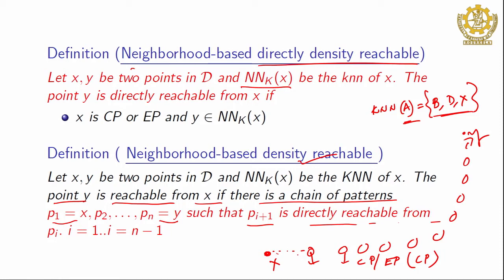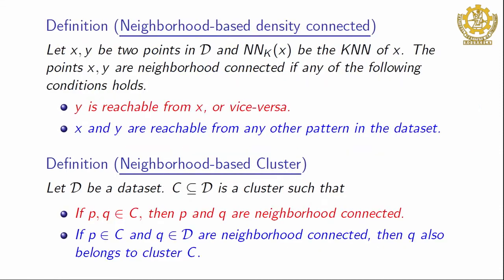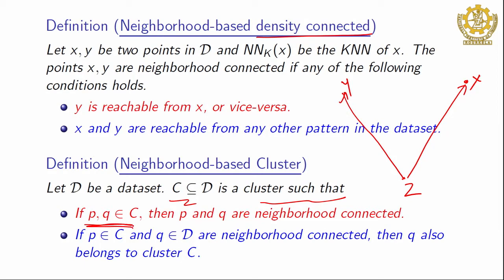Similarly, we learned density connected, here in terms of the neighborhood. Let us say this is x, and another point y. They are density connected if there is a point z such that y is density reachable from z and x is density reachable from z. Then we say x and y are neighborhood based density connected. And finally, they define the term cluster: a set of points is called a cluster if you take any group of points and they are density